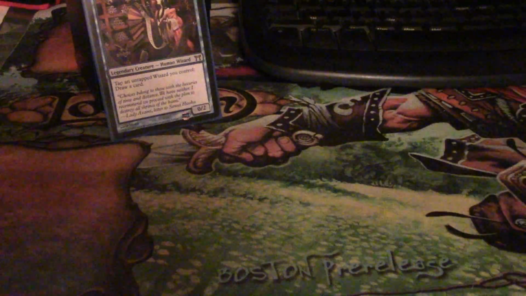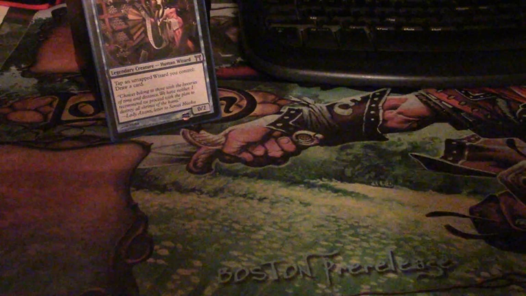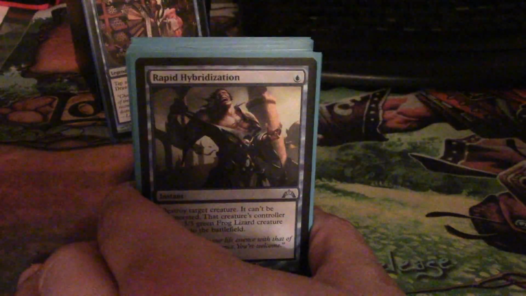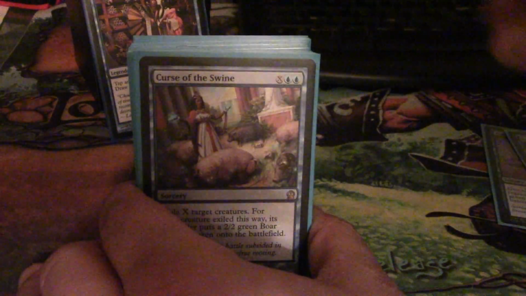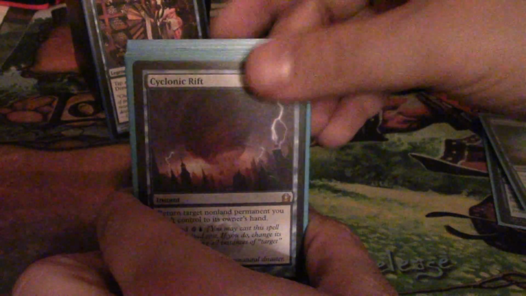Again, you're going to see some creatures in here, some artifacts in here. These are all things that for us function as removal. So we have Pongify, Rapid Hybridization, Curse of the Swine, Reality Shift, Cyclonic Rift,